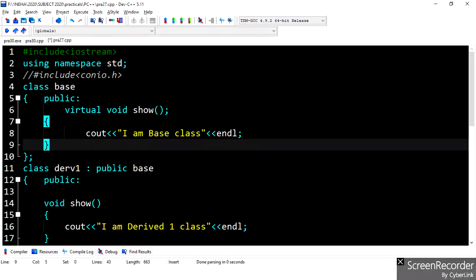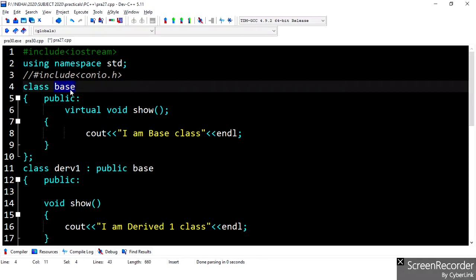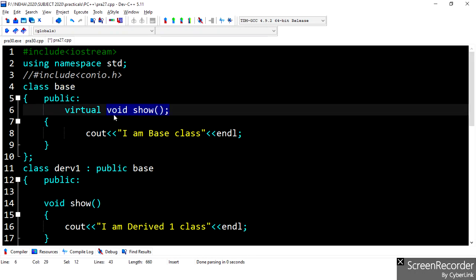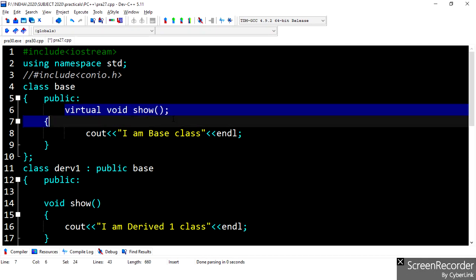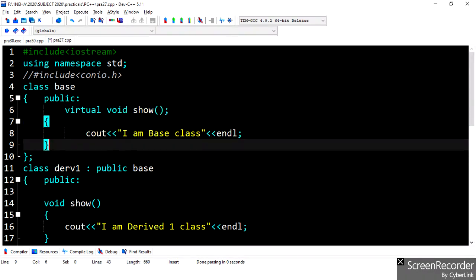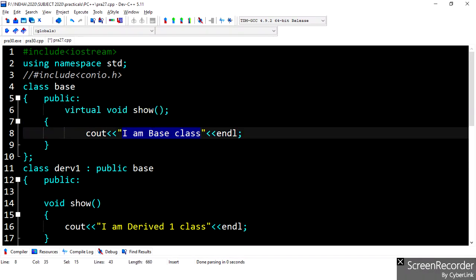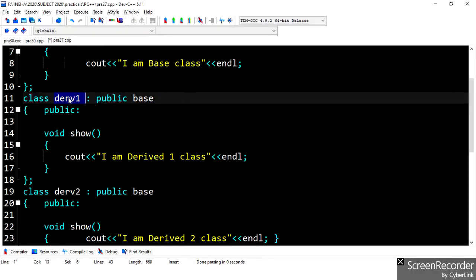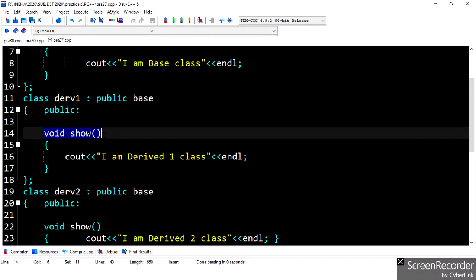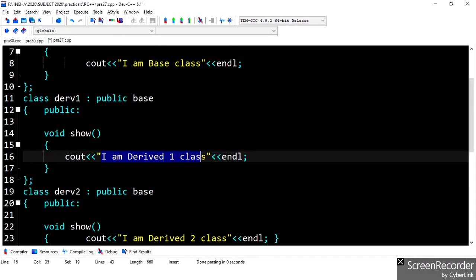Okay, so this is a program in which one class is the base class, and it has one void show function with the virtual keyword. So it is my virtual function and it simply displays I am base class. Now the derived one class, which is derived from base, has the same function name, void show, and it will display I am derived one class, right?